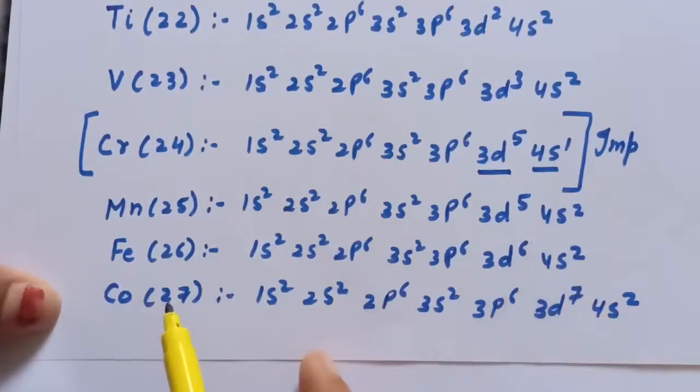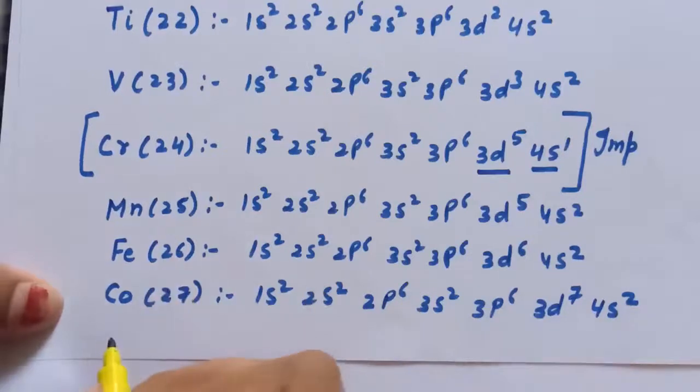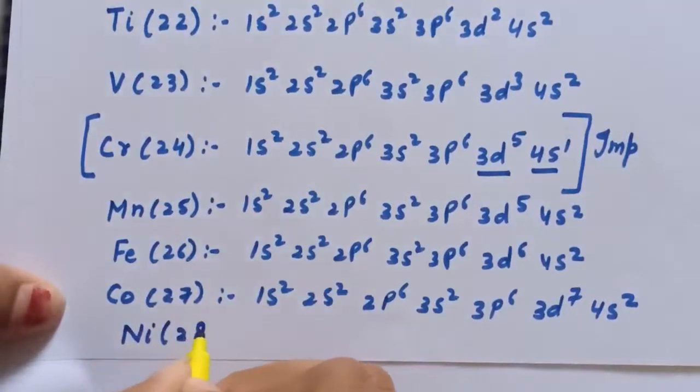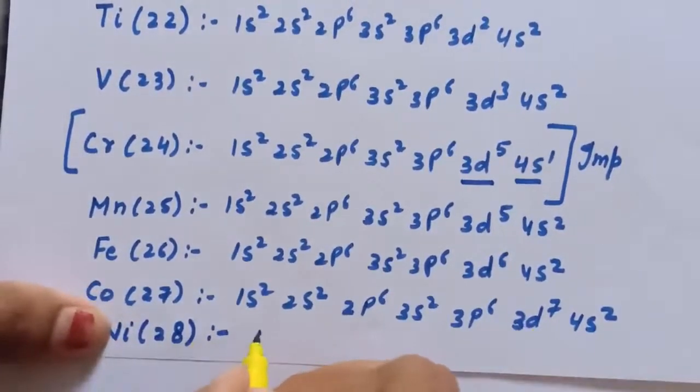For cobalt the atomic number is 27 and the electronic configuration is 1s2, 2s2, 2p6, 3s2, 3p6, 3d7, 4s2. In 3d it has 7 electrons and in 4s it has 2 electrons. Now the next element is nickel. The atomic number is 28. And similarly, the electronic configuration for nickel is